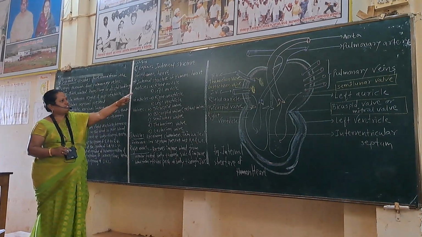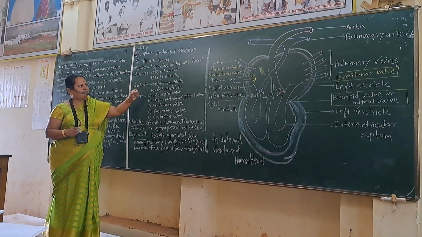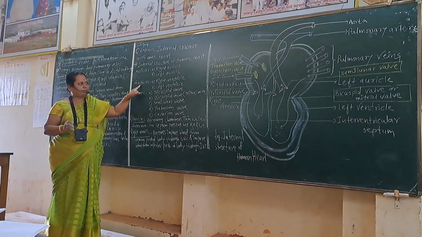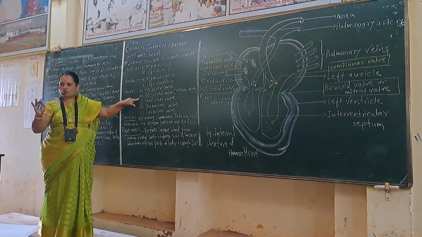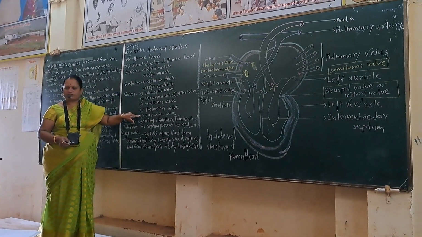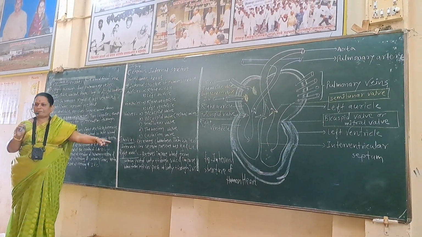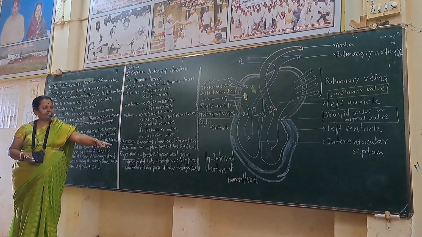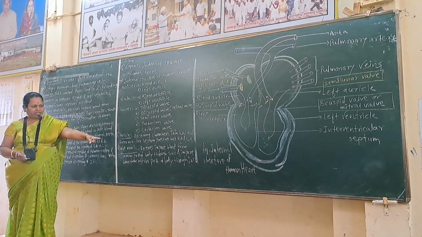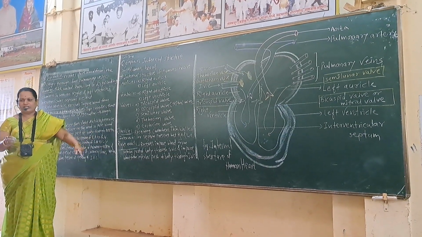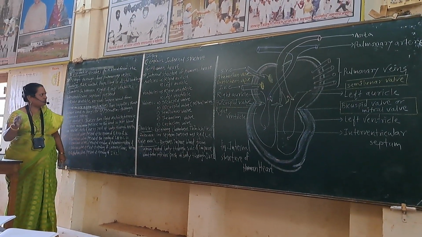Okay. Internal structure of the human heart shows auricles and ventricles. Upper 2 chambers are called auricles, right auricle and left auricle. Ventricles are lower 2 chambers, right ventricle and left ventricle. Valves are 5 types: tricuspid valve, bicuspid valve, also called mitral valve, semilunar valve, Thebesian valve, and Eustachian valve. Auricles are receiving chambers and they are thin-walled. Interauricular septum is present in between 2 auricles. Right auricle receives impure blood from the superior part of the body through SVC, that is superior vena cava, and impure blood from the inferior part of the body through inferior vena cava. Therefore, right auricle receives which type of blood? Impure blood or deoxygenated blood.